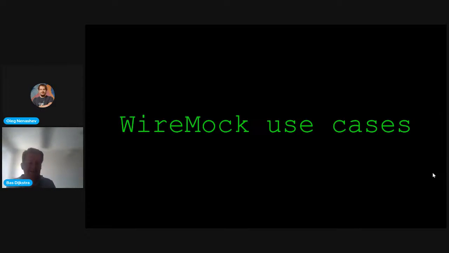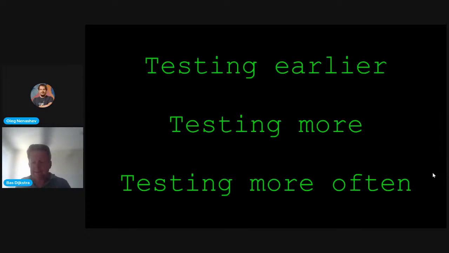In all of these cases, WireMock can be a great help. I'm not in the business of selling tools or selling services, but the way I advocate for using API mocking, API stubbing, service virtualization, whatever you want to call it, is these three benefits.